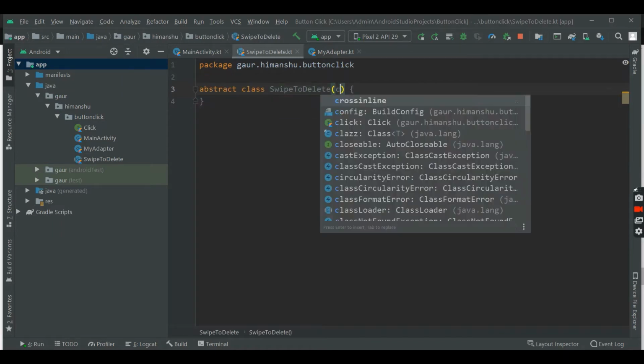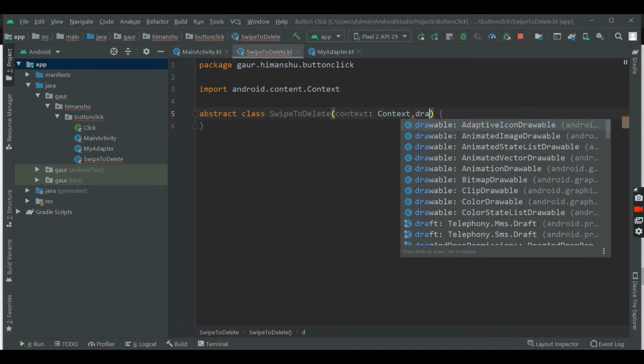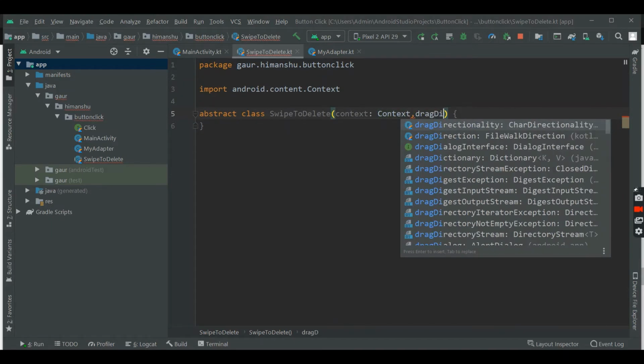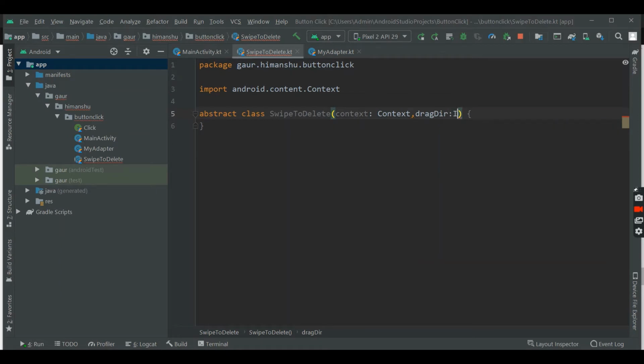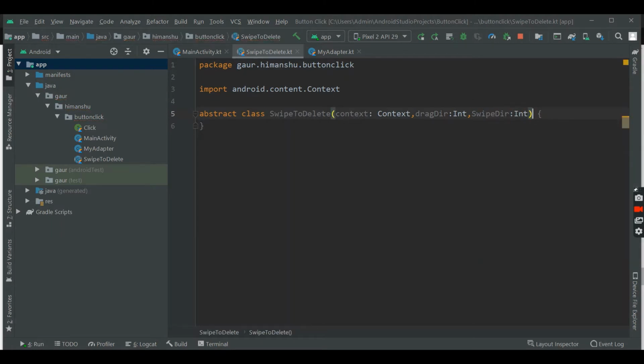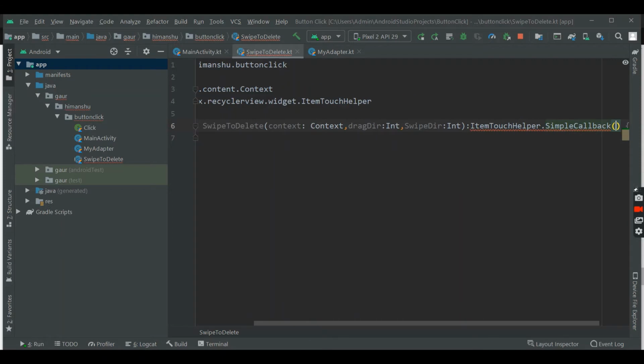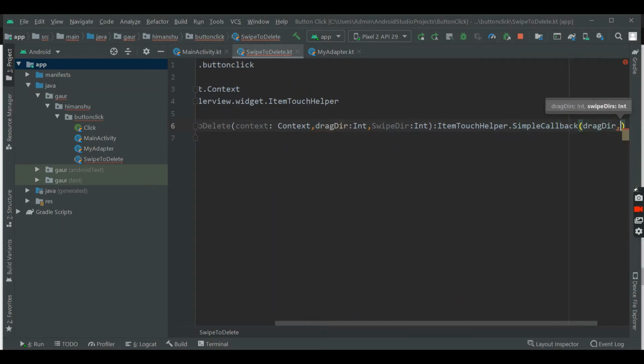Now we can pass three arguments here: context, our drag direction of type int, and swipe direction, which is also of type int. Now this class will extend ItemTouchHelper.SimpleCallback, in which we can pass drag direction and swipe direction.